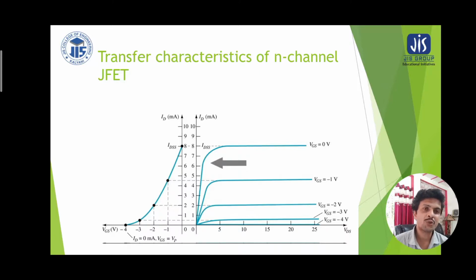Here it is clearly showing that the transfer characteristics have been compared with the output characteristics, because the level of the gate to source voltage has been shown: when the gate to source voltage is more and more negative, obviously it is an n-channel JFET, that is why the gate to source voltage is negative, and we are getting a gradual decrease of drain current. At one point gate to source voltage is equal to -4 volt, which blocks the channel. That means pinch off has arrived and no current flows through the channel. So the channel has been blocked. ID is equal to 0 milliampere for VGS equal to VP.